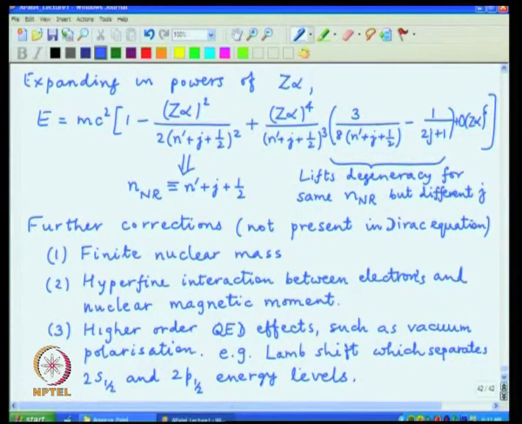It was first observed in experiment, and then the theory had to produce a number which can explain the experimental